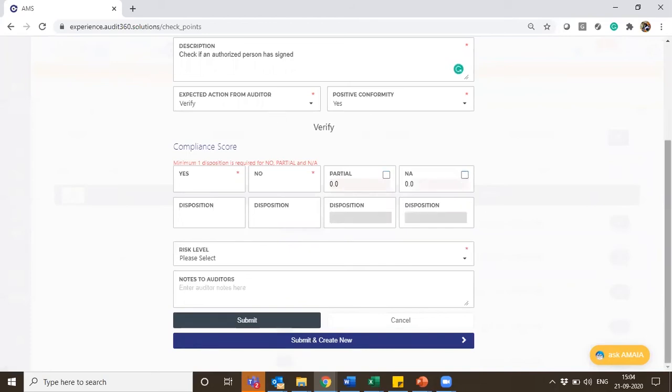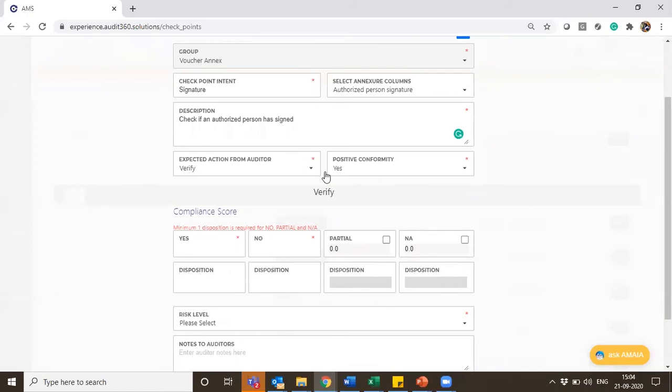Now, if you see, there is one more tab which I missed in the previous configuration, which by default will be positive conformity. So now what is positive conformity? Here we are keeping the positive conformity as yes, which says that for any checkpoint which has been followed, when an auditor clicks yes, it means that they have confirmed and they're in positive conformity, and anything which is clicked as no becomes an issue because your question is straightforward. But sometimes the checkpoint defined itself is a negative question. In such cases, when you click yes, it becomes an issue.